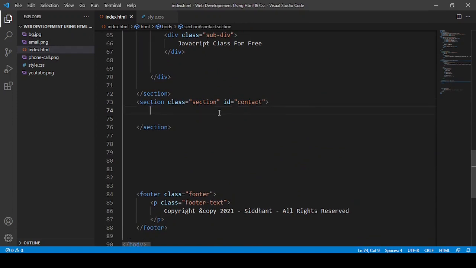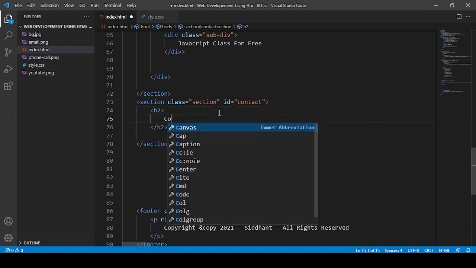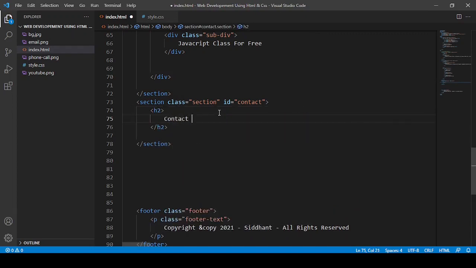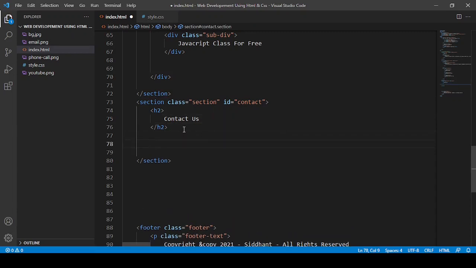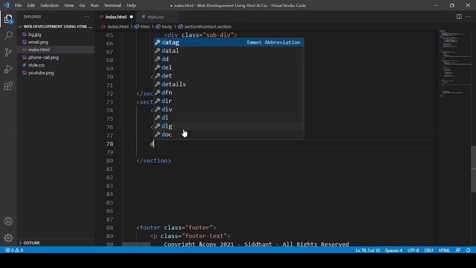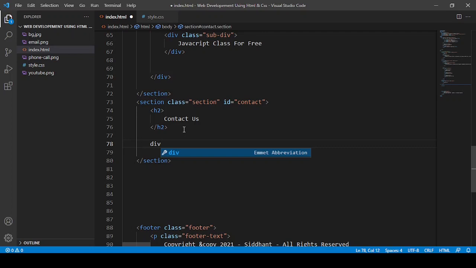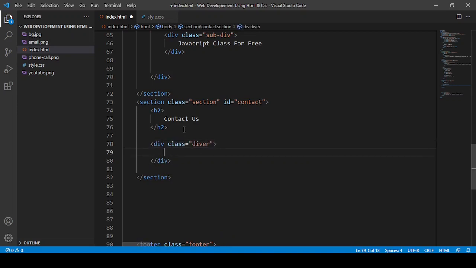First of all I am going to add h2, and in h2 I am going to say contact us, something like that. And here first of all I am going to make a div, and I am going to call it diver.